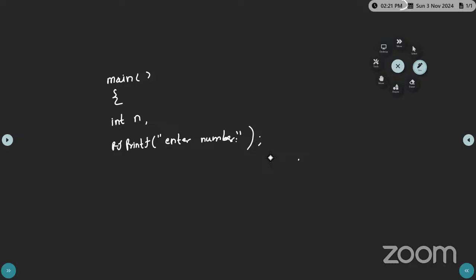In order to read the number, what do we need to write? Scanf. These basic functions, you know. What type of number is he entering? We are expecting an integer type. Generally, he will not enter even or odd; you have to say whether it's an even number or odd number. The user is entering some random number, that means it is an integer type. So what is the integer type? %d, comma,